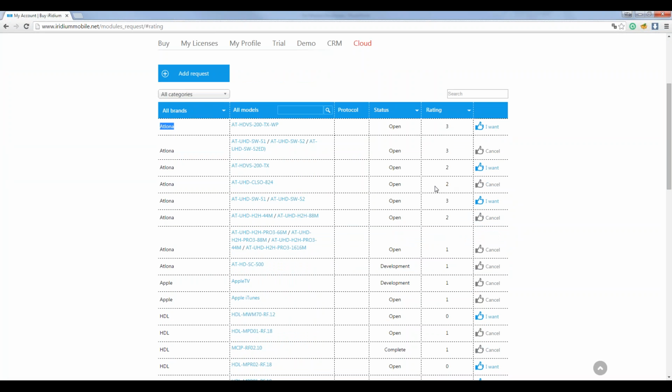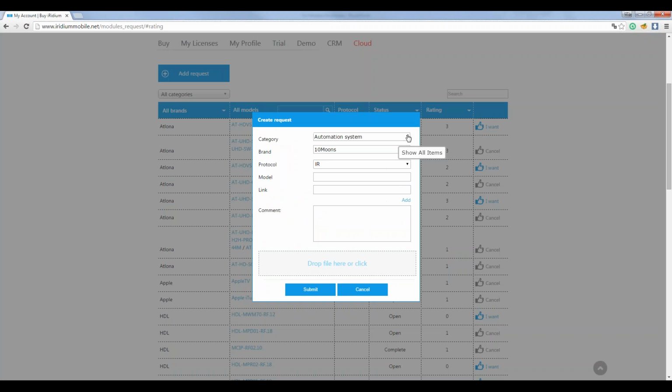So if I'm a developer, I open the system of orders, and I see that 3 users want to buy Atlona module if somebody develops it. But if I as an integrator can't find my device on this table, I can add a new request. In that request, I should enter that the category of my device is, for example, AV system.